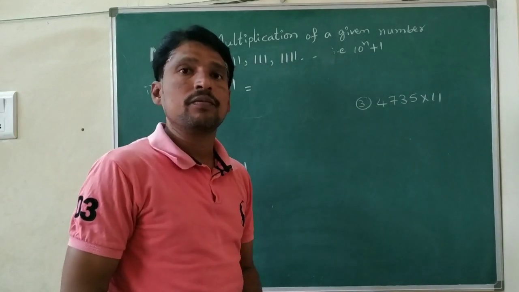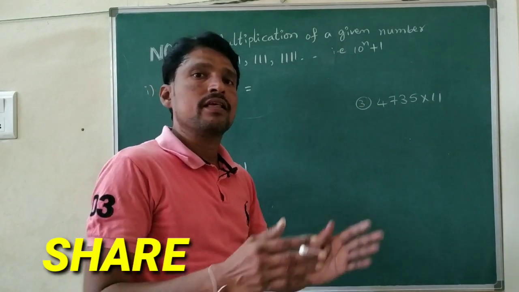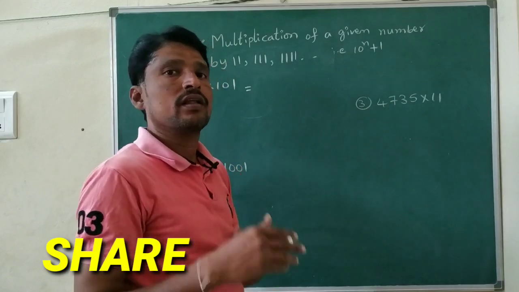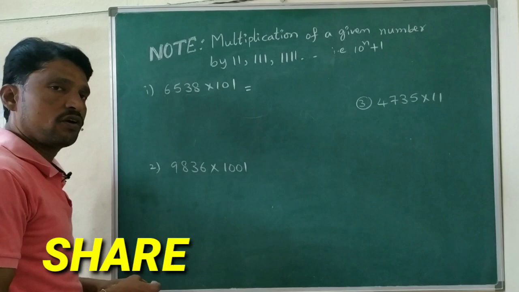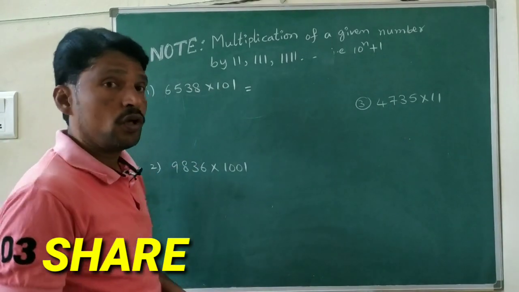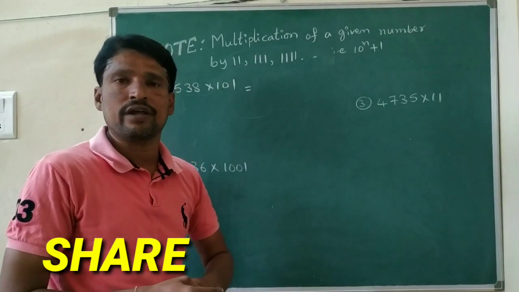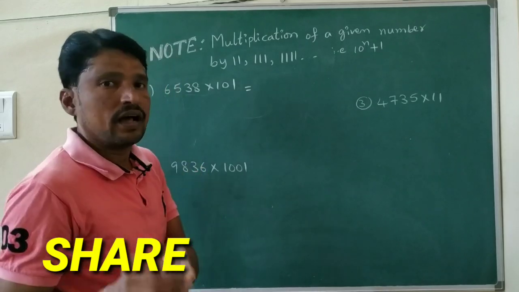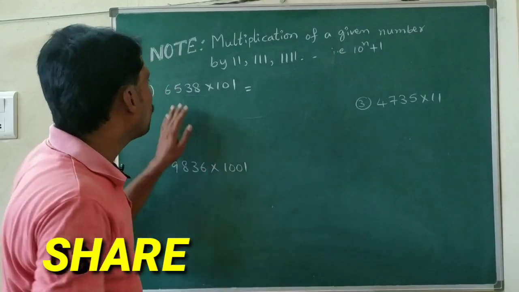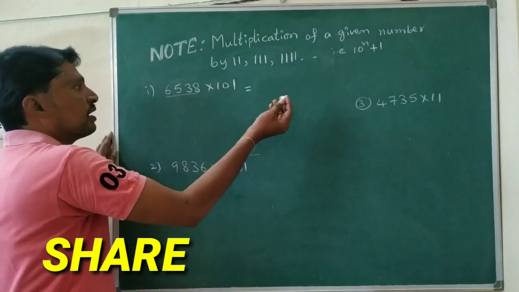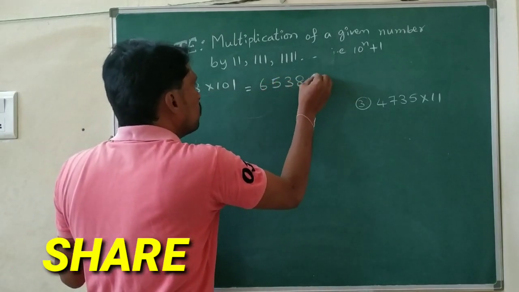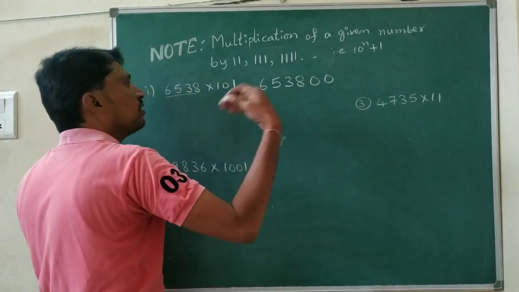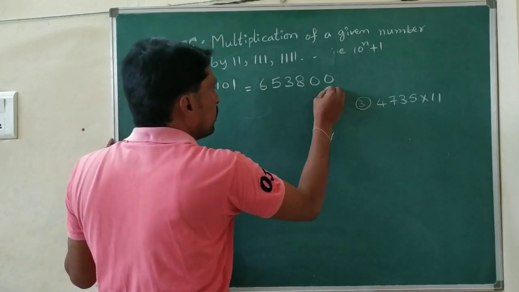It is of the form 10 power n plus 1, meaning 10 plus 1, 100 plus 1, 1000 plus 1, like that. So the first question is 6538 into 101. 101, how do we write it? 100 plus 1. 100 means 2 zeros. So what is the number? That number, you take 2 extra zeros: 653800. And that number from the back side you write: